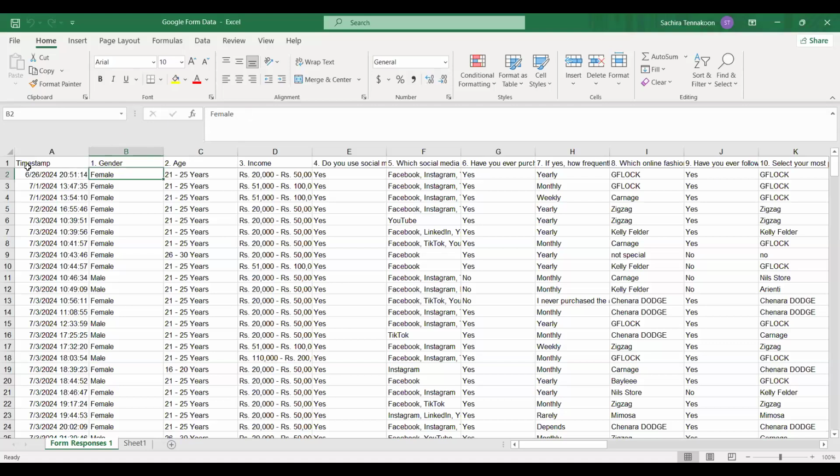One method is you can write an if condition. If B2 equals female, outcome will be 1, right? If not, 2. Or else you can use the find and replace technique, whereas you can paste the female and ask the Excel to paste 1 everywhere the female is, right?